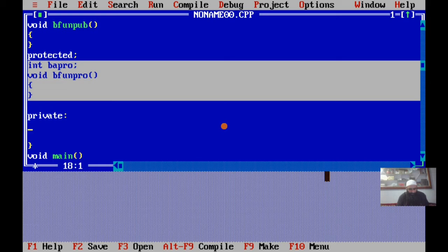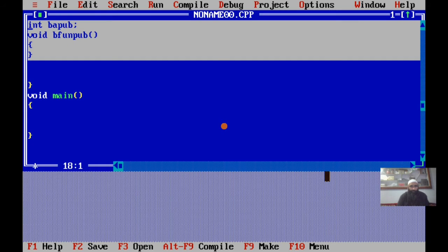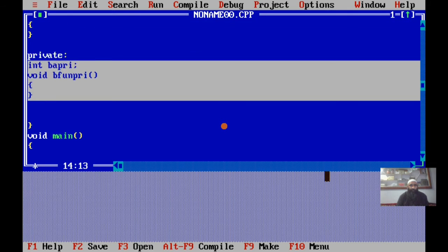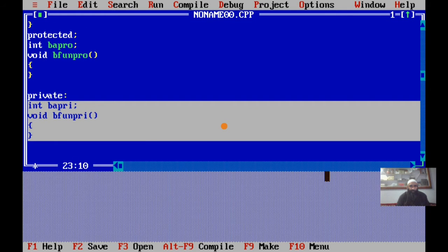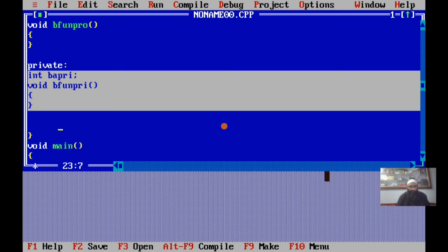Now I have both parts in base a private, and then b function, private, instead of public. Okay,